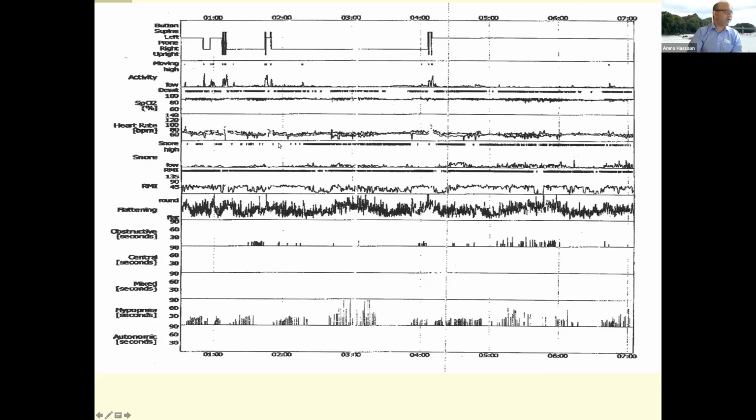Here's the fluctuations in heart rate. And we know that big fluctuations in heart rate and blood pressure can actually lead to ischemic events. We know this from head and neck surgery. The snoring volume, and several other things. Here, for example, is obstructive areas, where how many times he's obstructive and where. And we can see in this patient that he's obstructing for a little while at about 1:45, and we can relate that to his movements, sleep position, and the hypopneas. We can see that this patient is getting a lot more hypopneas than he is actual apneas.